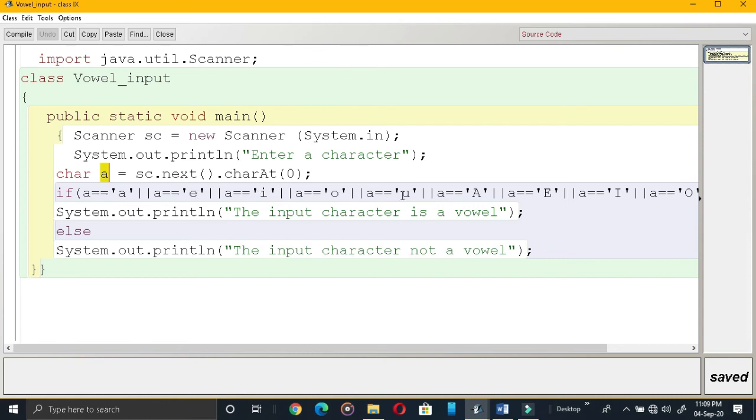I have written capital letters also because capital letter as well as small letter both will be considered as vowel, that's why. See, the operator used over here combining all these statements is the OR operator. Which operator is used? Logical OR. We have used the logical AND in the previous example, and here we are using the logical OR operator.